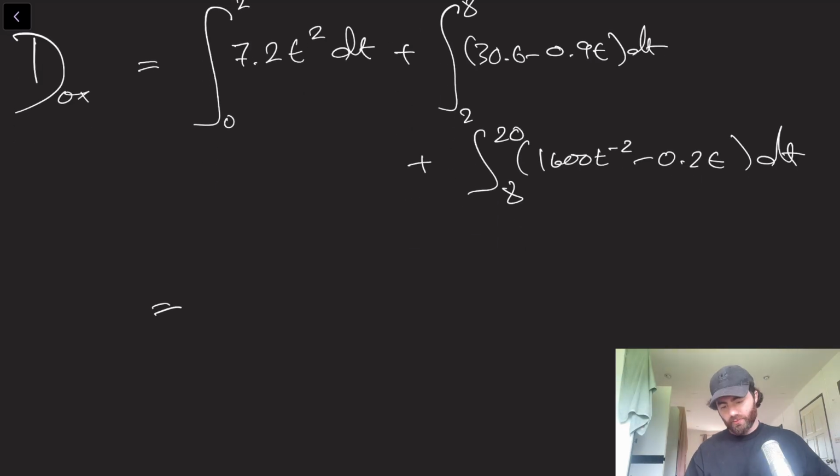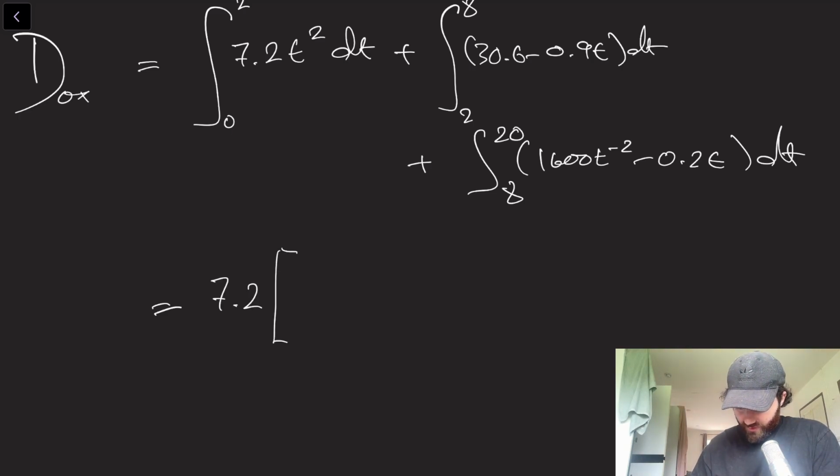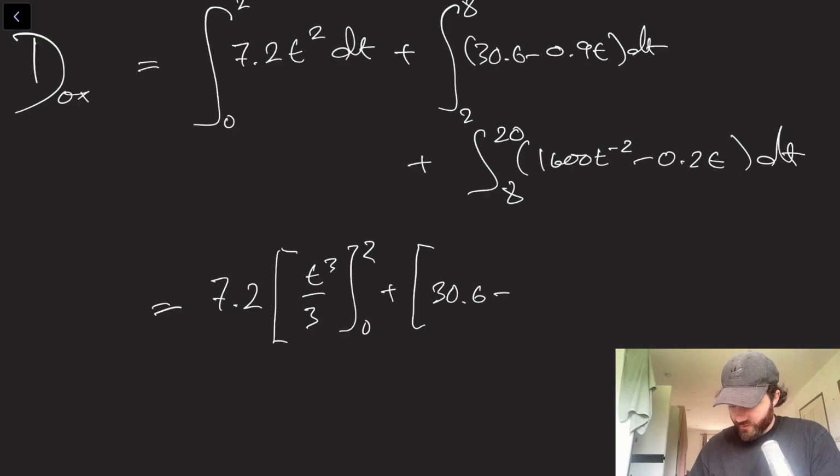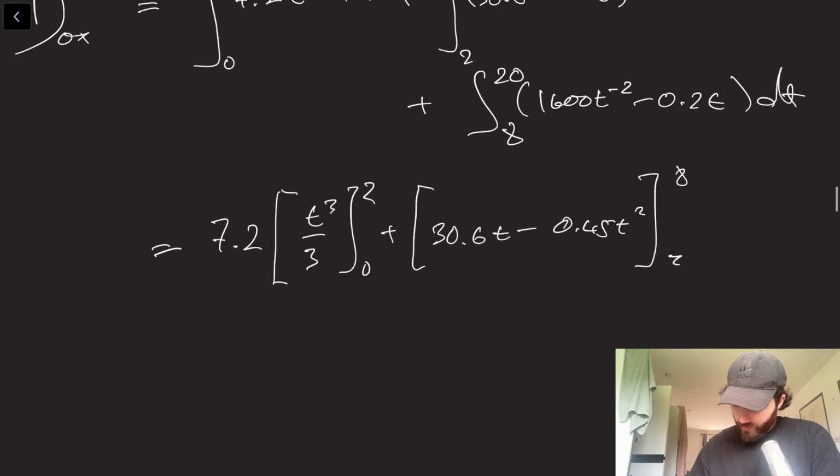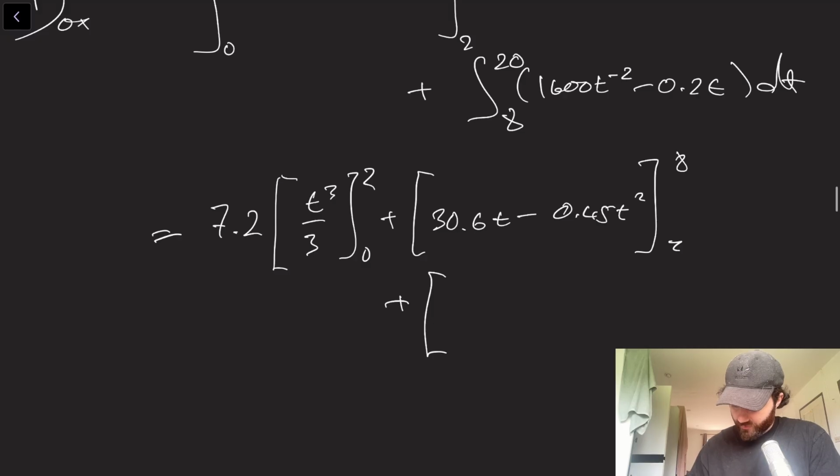Okay, so now we just find all these things. We just have to do a bunch of calculation. So we get 7.2, this thing will go up by a power, divide by the power, between 2 and 0, plus this thing will be 30.6t integrated minus 0.9t squared over 2. 0.9 over 2 is 0.45, so this will be 0.45t squared between 8 and 2, plus this last one, which will be 1600